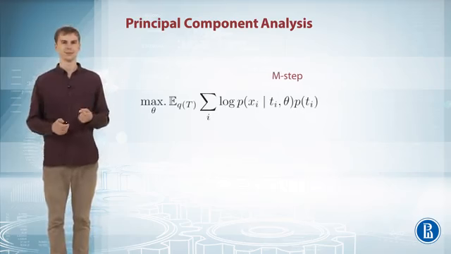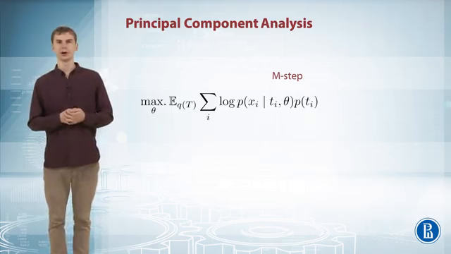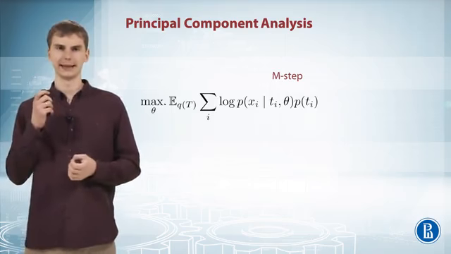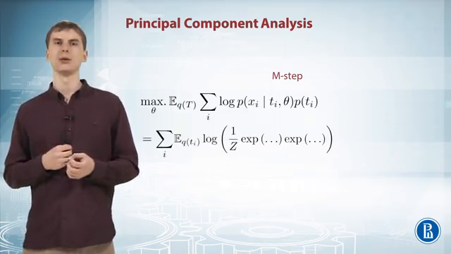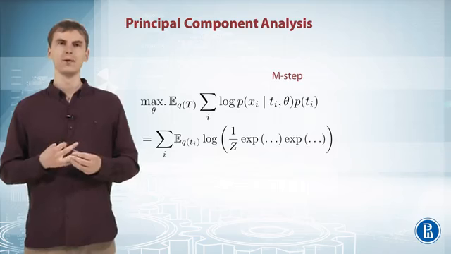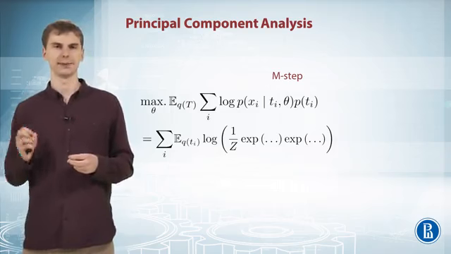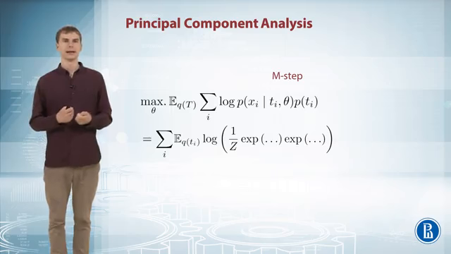What about the M step? Well, on the M step, we're trying to maximize the expected value of the logarithm of the joint distribution. So we can rewrite this formula: we can swap summation and expected value, and we'll get a sum with respect to objects in the dataset of the expected value with respect to Q of Ti, of the logarithm of P of x given Ti times P of Ti. What is it? Well, P of x given Ti is some normalization times a normal distribution, which is something under an exponent. And P of Ti is also some normalization times an exponent